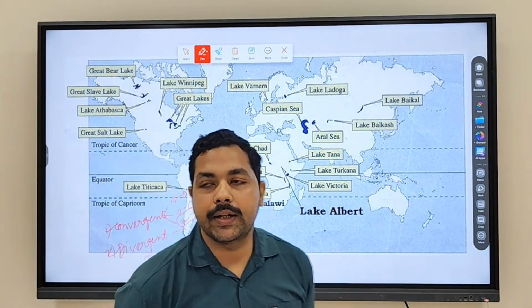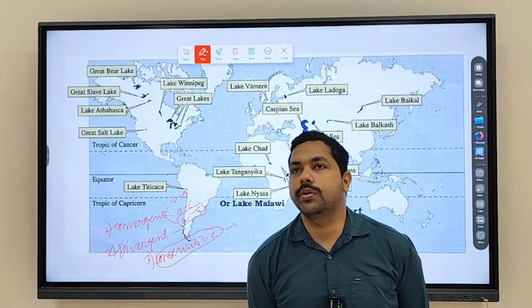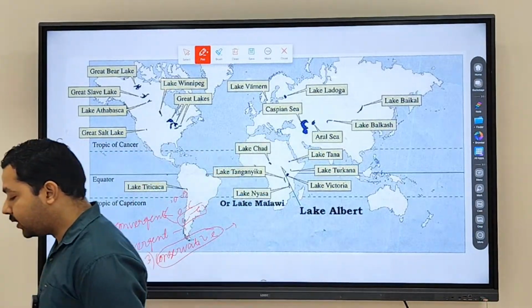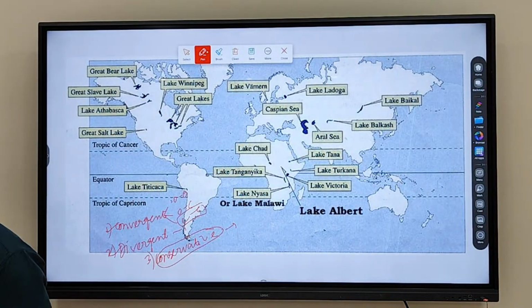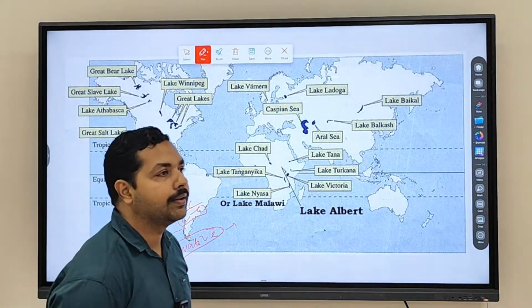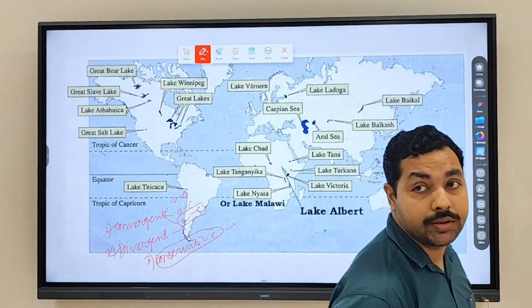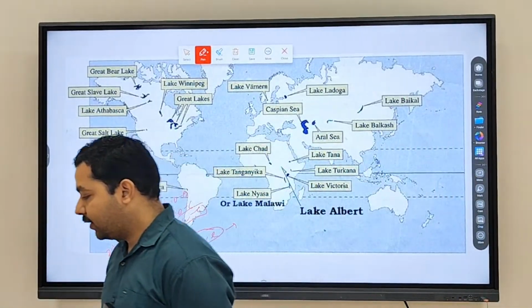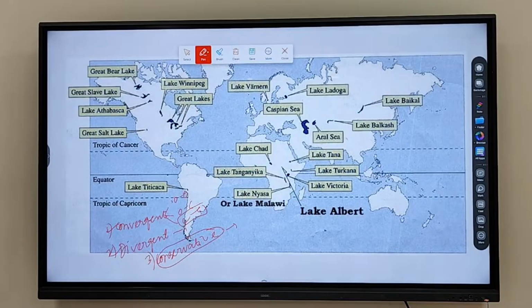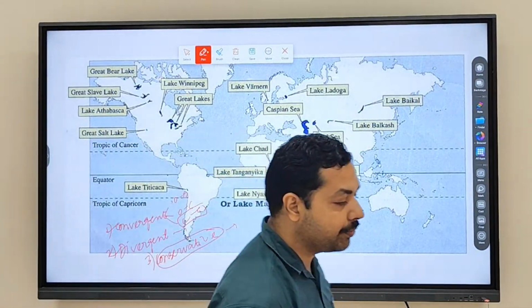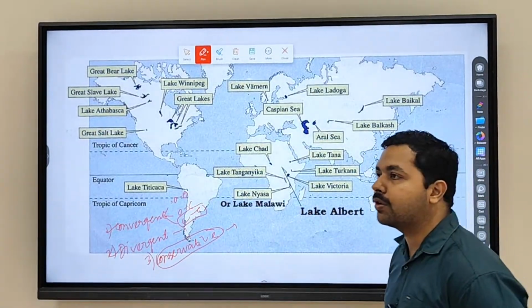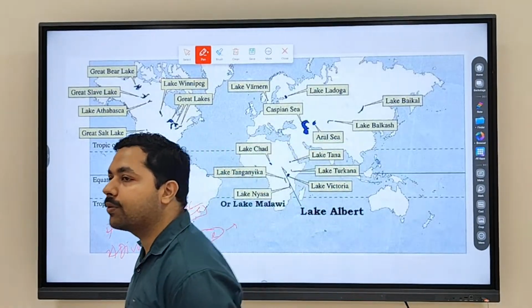Then we also discussed the divergent boundary. What are you going to see at a divergent boundary? Ridges are going to be there, volcanic eruptions, then earthquakes. What else do you see on a divergent boundary? We discussed the formation of rift valleys. You can also see the formation of